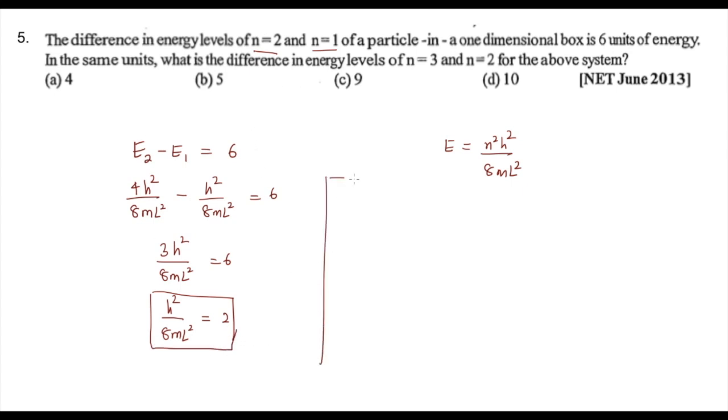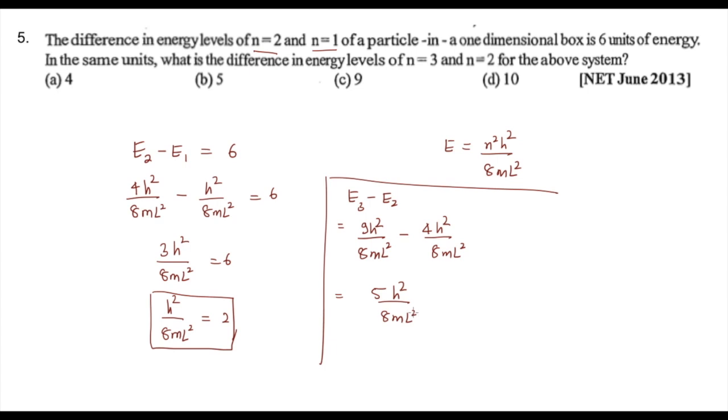Now I have to calculate for n equals 3 and n equals 2, the difference between them. So E3 minus E2 is what I have to calculate. So let me just put the values. If I put n equals 3 here, it will be 9h squared upon 8 m l squared minus, if I put 2, it will be 4h squared upon 8 m l squared. Alright, so if I take the LCM and subtract, 9 minus 4 will be 5h squared upon